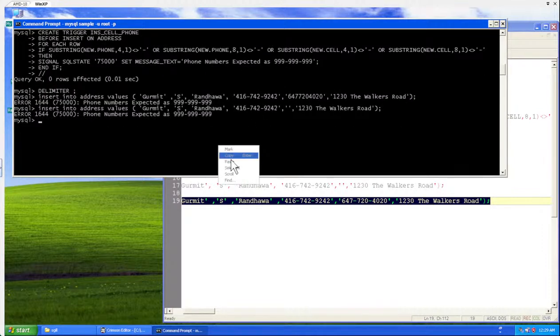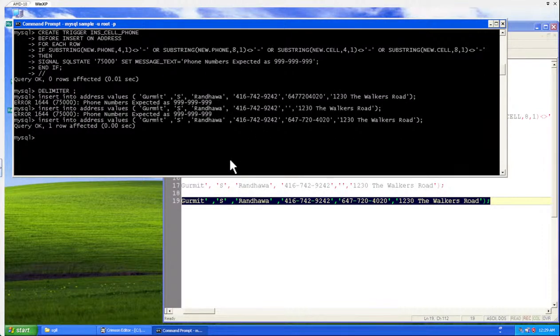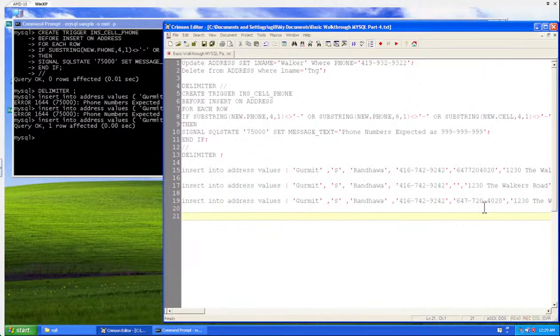See, paste, and this row is going in. There's no problem. So the trigger is working exactly as expected, right? So yes, we will move on, and this is the last practice of the trigger. For this one it is only that much, and we will do some more practice